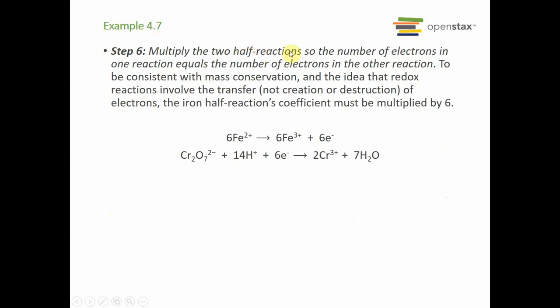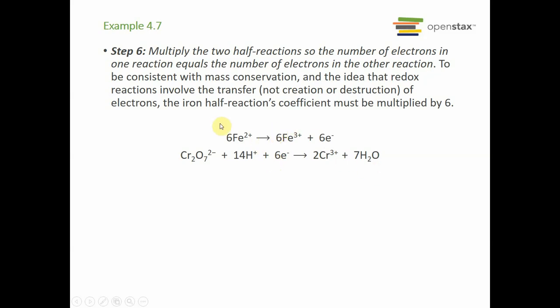Multiply the 2 half reactions so the number of electrons in one reaction equals the number of electrons in the other reaction. To be consistent with mass conservation, and the idea that redox reactions involve the transfer, not creation or destruction of electrons, the iron half reaction's coefficients must be multiplied by 6. So you see, at this point, what we're going to do, we're going to cancel these 6 electrons on this side with these 6 electrons on this side, and then add everything together,